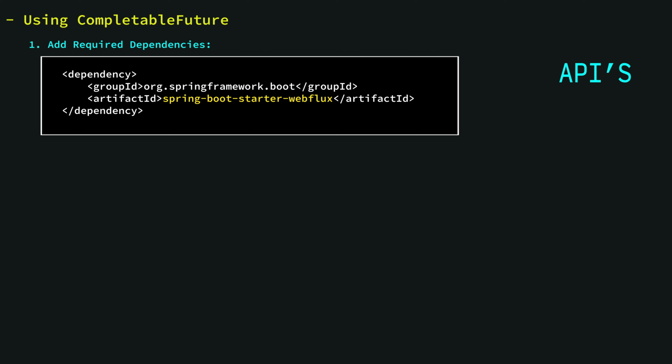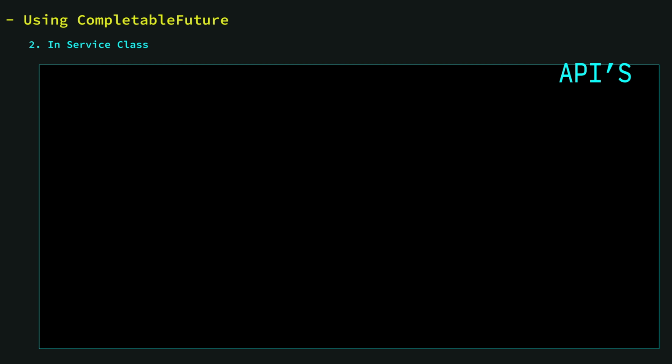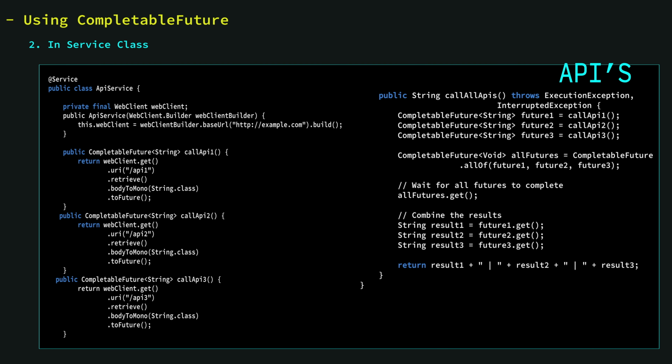So after adding this dependency to our Spring application, let's write the code in the service class to call the external APIs. Here in the service class, I am just initializing the WebClient. In the constructor, the WebClient is initialized with the external URL. Then I have declared 3 methods: callAPI1, callAPI2 and callAPI3. They are calling the same service but 3 different APIs from it. In all the methods, you can observe one thing. After making a call, it retrieves the response and converts it to a Mono, right? Body to Mono. Then we are converting that Mono to the future.